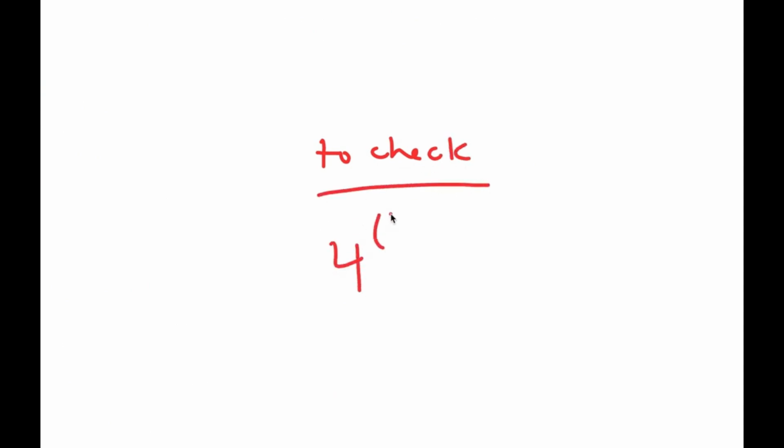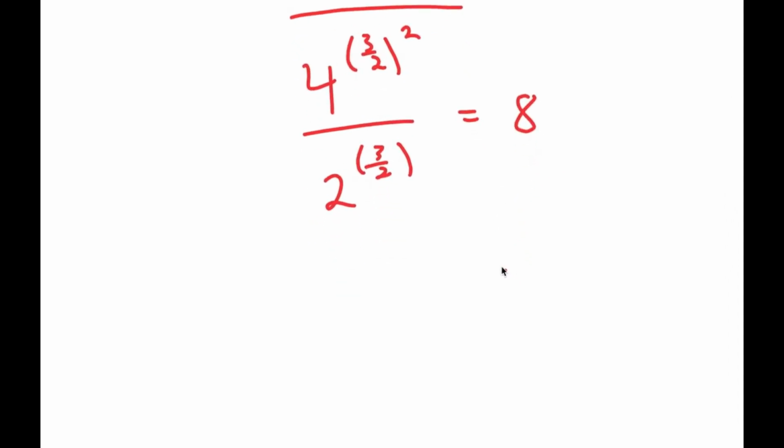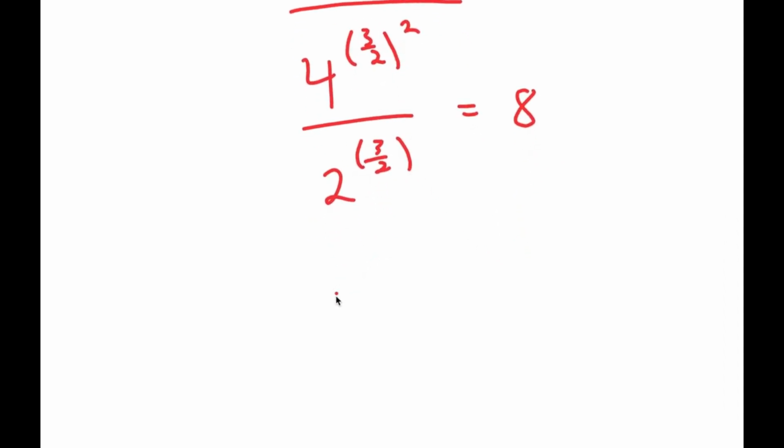So I have 4 to the power of 3 over 2 squared over 2 to the power of 3 over 2 is equal to 8. So 3 over 2 squared is 9 over 4, so I have 4 to the power of 9 over 4 over 2 to the power of 3 over 2 is equal to 8. So now to solve this,